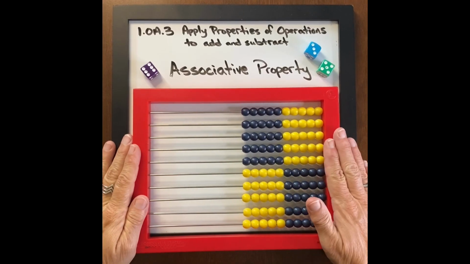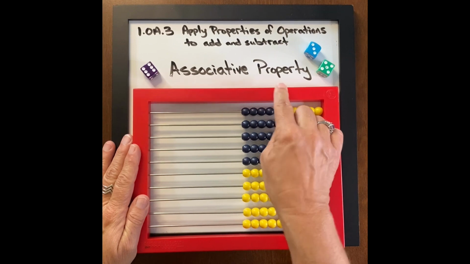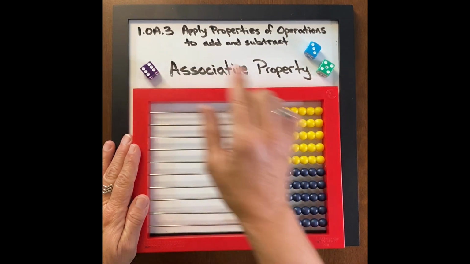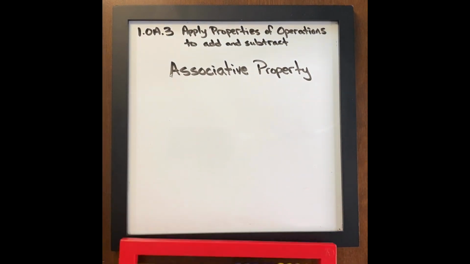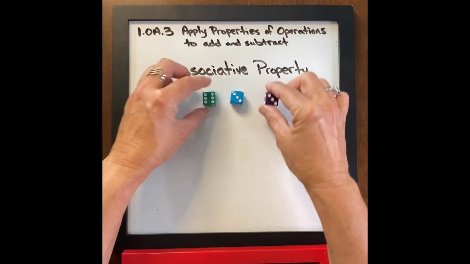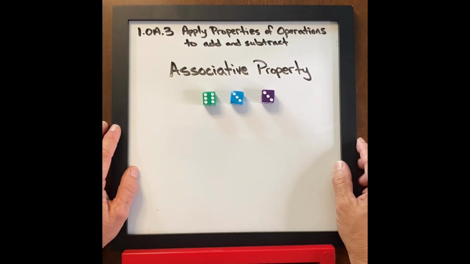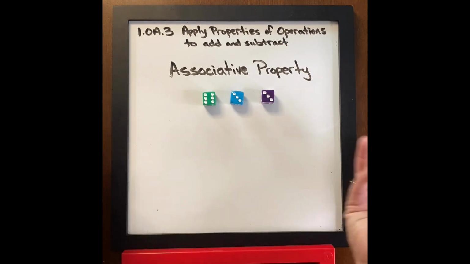Let's use our AO abacus as a conceptual understanding for working with the associative property of addition. Here we're working with first grade standard OA3 to apply the properties of operations. Again, we're going to take 3 six-sided dice, and we are going to work with the associative property, which means that we can add these numbers up in whichever order, and we're still going to get